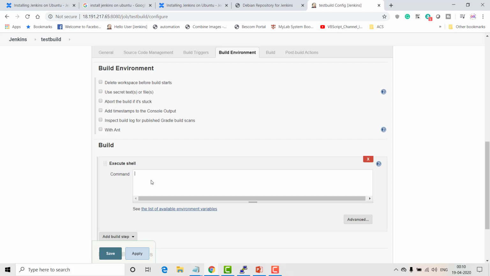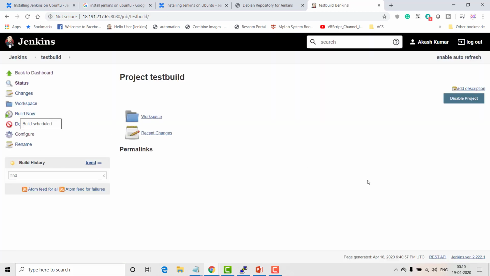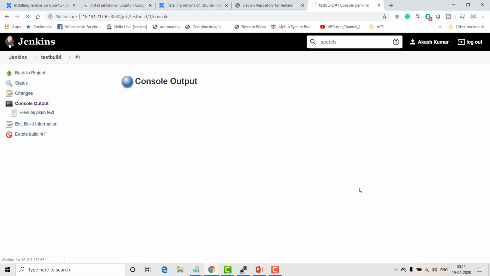So it is going to use the shell because it is Ubuntu. Just do echo hello from Akash. Just save and say build now. And you can see my build is completed.